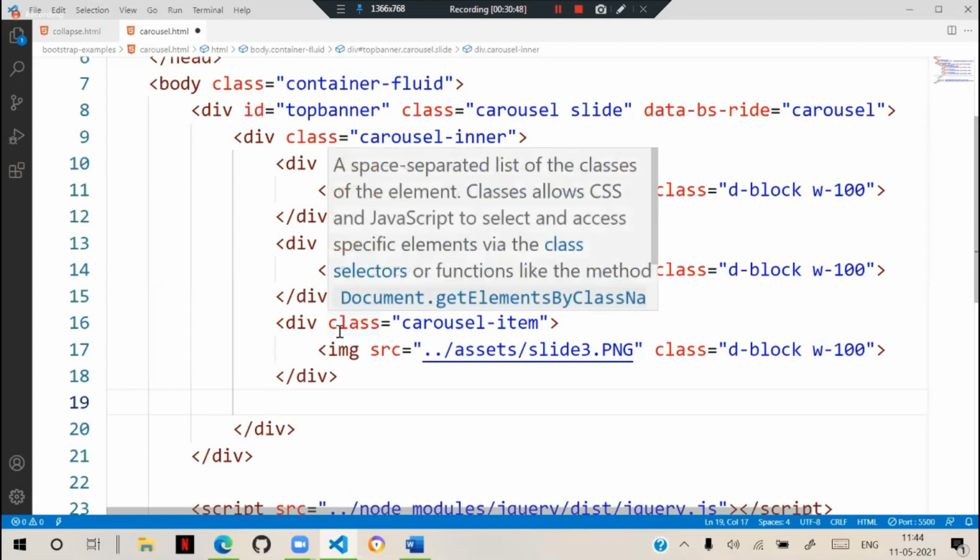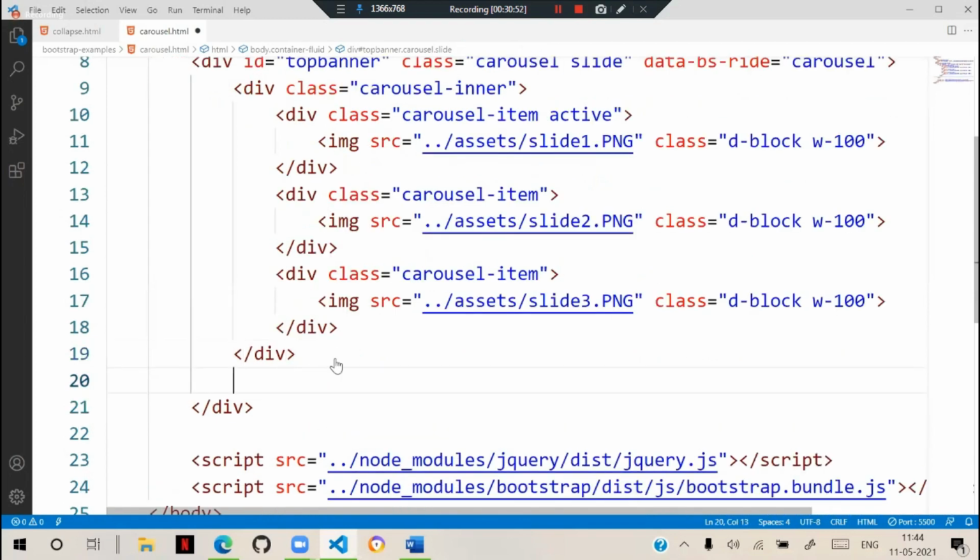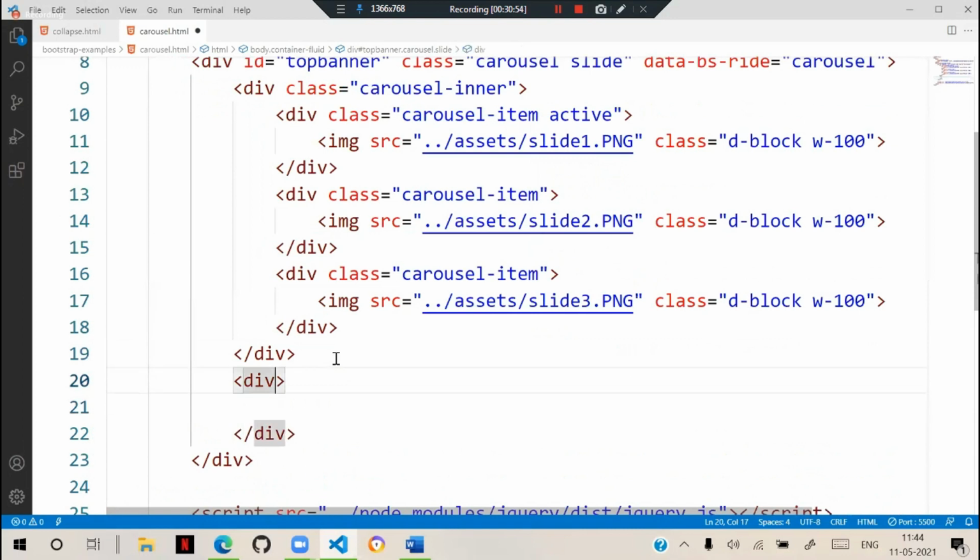Better put them inside the carousel, after the inner, using a div, or we can directly put buttons. That means two buttons inside the carousel.